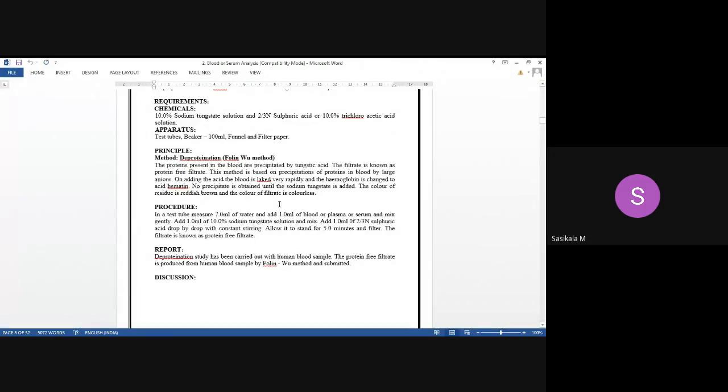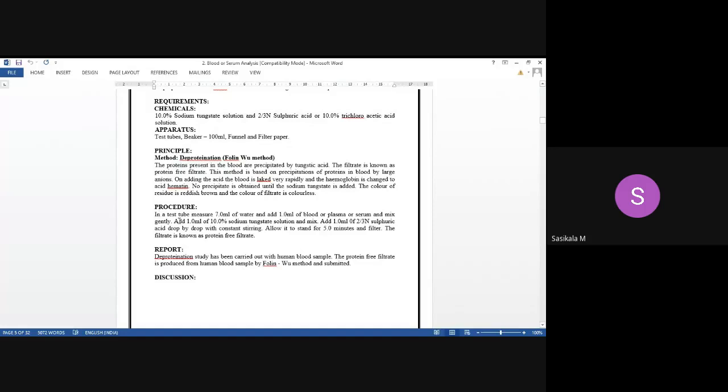Then the procedure: in a test tube, measure 7 ml of water, then add 1 ml of blood or plasma or serum, any of these three types of blood sample. Mostly you'll be taking whole blood. How much do you need to take? 1 ml. After following all safety measures, you will be collecting the blood, and that blood will be added